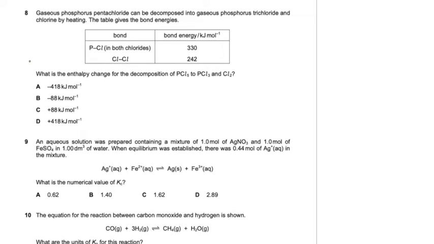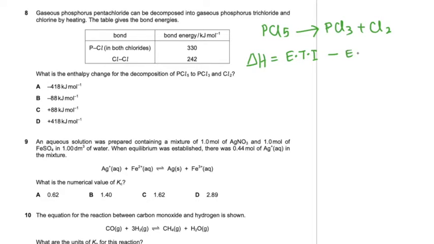Gaseous phosphorus pentachloride can be decomposed into gaseous phosphorus trichloride and chlorine by heating. Okay, this is the equation. PCl5, when you provide the heat, decomposes into PCl3 and chlorine gas. What is the enthalpy change for this decomposition? So we have a formula for the enthalpy change: energy taken in